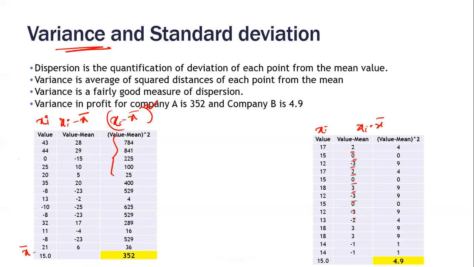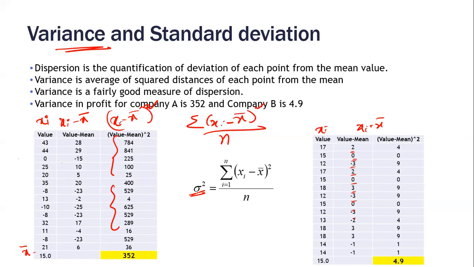Take the average of all these square deviations. How do you find average? Sum divided by count. That is variance. What is variance? Look at this. Xi minus x bar whole square. All of you must follow this formula now. It is easy, isn't it? Now that notations are known, xi value minus x bar mean whole square. Why are you squaring? Because some of them are positive, some of them are negative. Find the mean of all such squared deviations.